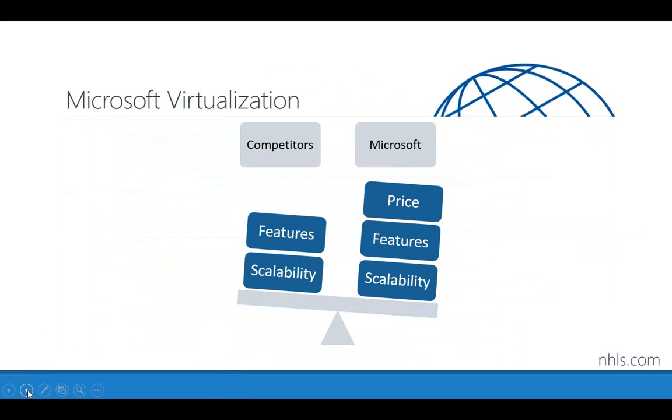And then where Microsoft really has a big advantage is on price. Microsoft is a big, massive company, and they're making tons of money on their cloud services. They're making money on selling Office. They're making money on Xboxes. They've got plenty of revenue sources. And so one of the things that they do is they're very strategic in how they price all their virtualization platforms. Now, it's not going to be free. All right, we're not going to get to that level. They do actually have a free version of Hyper-V, but it has some limitations. But in terms of price, they can be really competitive.